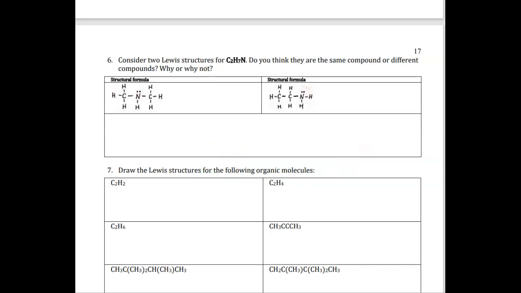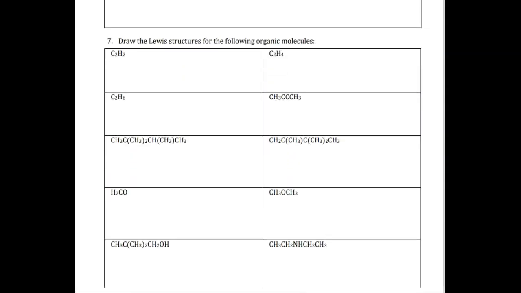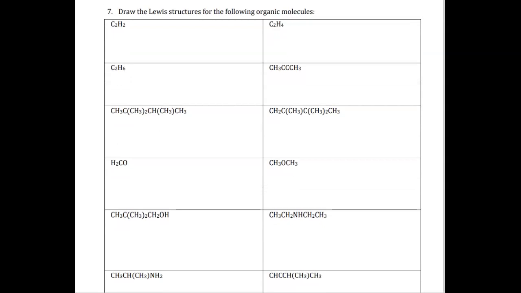Okay, let's do another one. Draw the Lewis structure for the following organic molecules. So C2H2. Two carbons should be connected: one carbon, another carbon, and 2 hydrogens here. You know that hydrogen can create only 1 bond. That's why